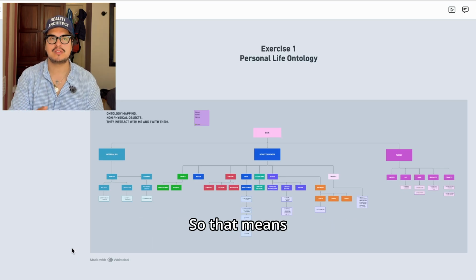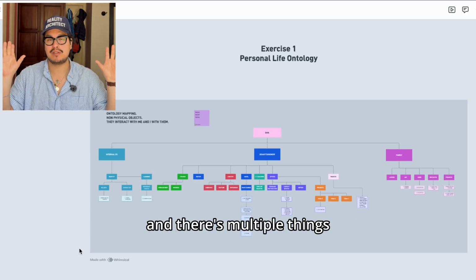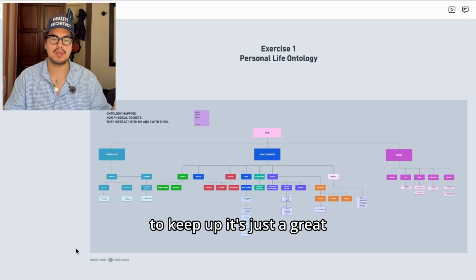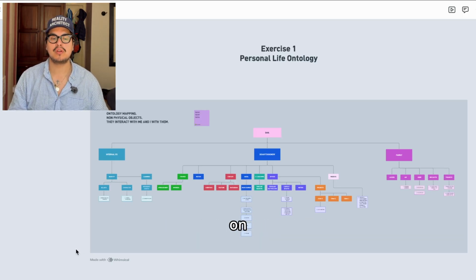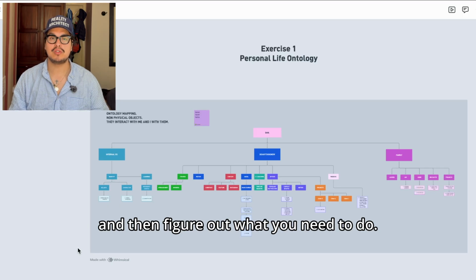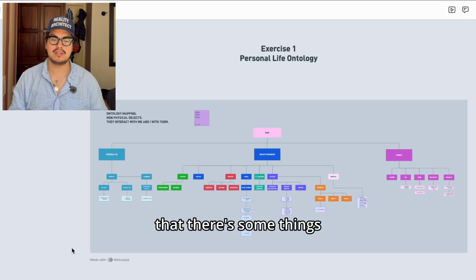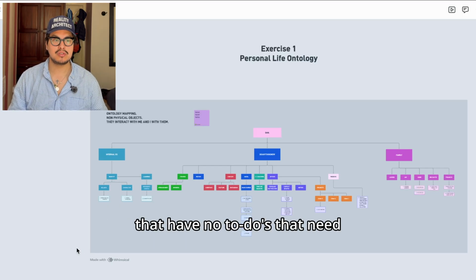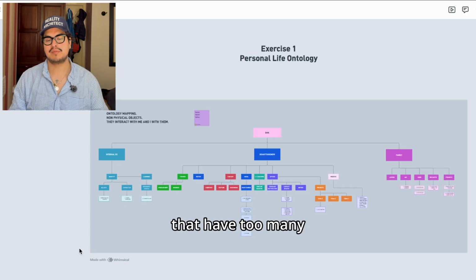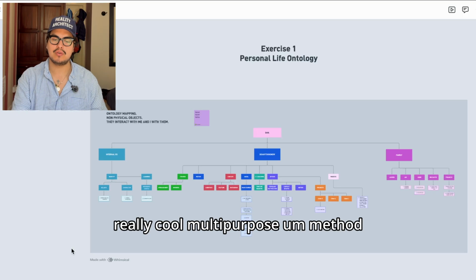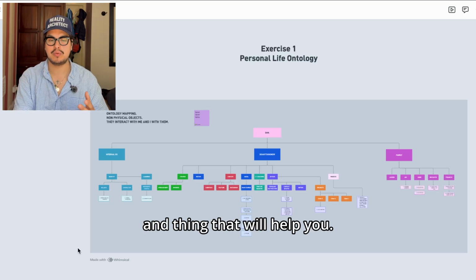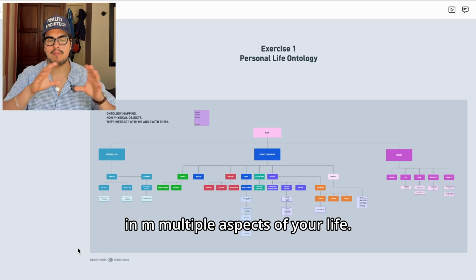based on those things. So that means if you have multiple spinning plates, if there's multiple things that you're trying to keep up, it's just a great and easy way to ground yourself in what you've got going on and then figure out what you need to do. And sometimes you're going to see that there's some things that have no to-dos, that need to-dos, and then there's some things that have too many to-dos that you need to get rid of. So it's a really, really cool multi-purpose method and thing that will help you greatly in multiple aspects of your